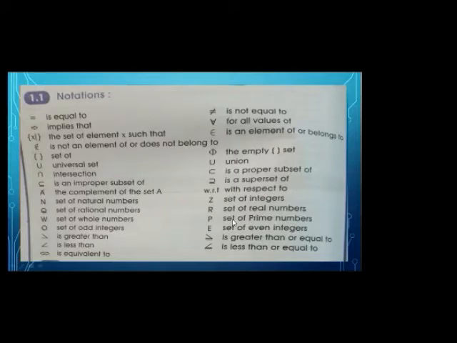E means set of even numbers, even integers. Integers means even numbers may be positive or negative, so that is why we have written here even integers. If this symbol is given with a line or underline, it is read as is greater than or equal to. Then the last symbol is used for is less than or equal to.